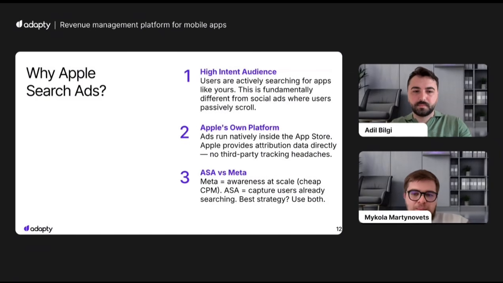The way I think about Meta versus Apple Ads, I'm not saying that they are competitors. Meta creates awareness and Apple captures it. If you're running both, you will win. Your Meta ads will send people to the App Store directly, and these users start searching your brand keywords if you have some brand awareness, and then we are faced with brand defense. And Adil, do you want to cover brand defense